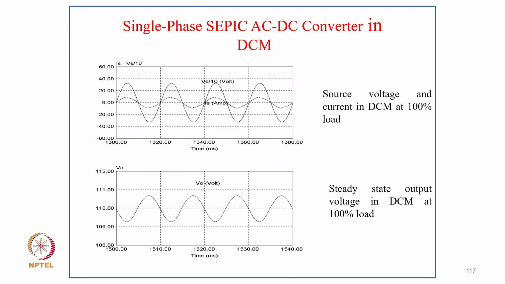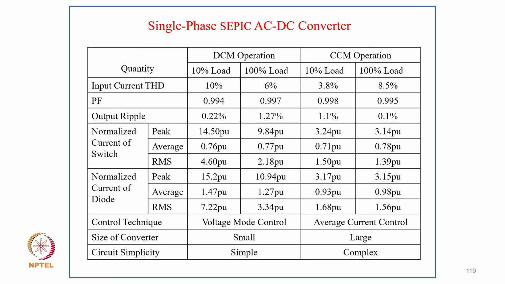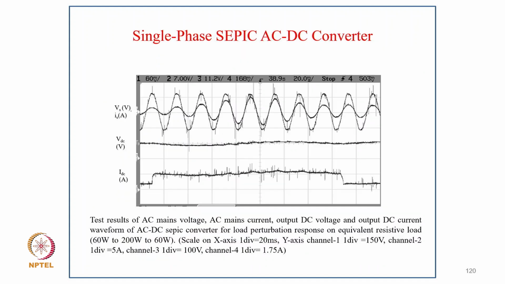So the typical case for DCM, you can see the supply voltage, supply current, and output voltage ripple less than 1%. And this is the performance from the CCM SEPIC converter. Of course, the current shape is a little better, and this is the comparison. You can say the THD is of course lower in case of CCM operation. And these are experimental results for the SEPIC converter developed in the laboratory environment. When the load increases, the supply current increases, but the supply current shape remains in phase with the supply voltage, and it inherently has perfect correction.